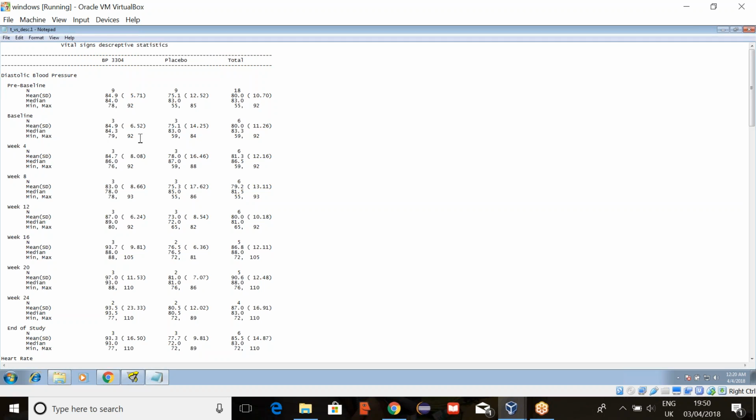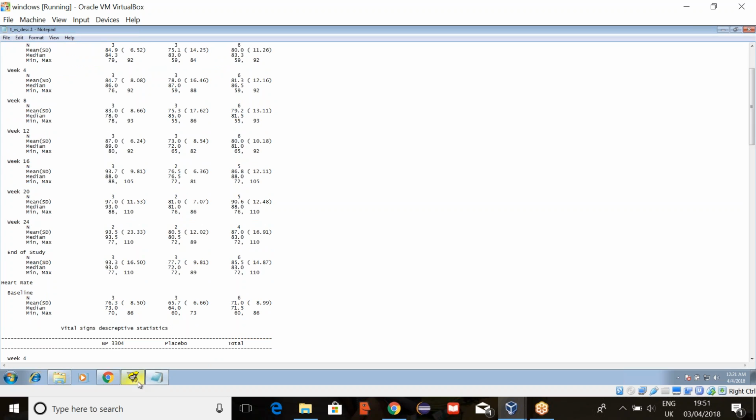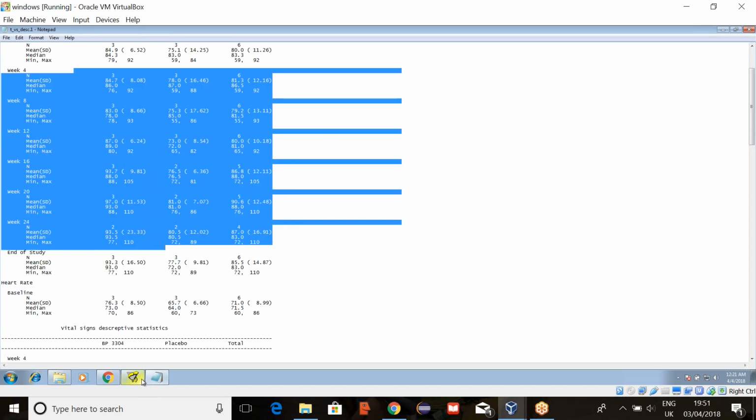Just observe what values we want to keep in the report. In the data set, many variables are there, but here we had diastolic BP. What is the variable name for that? Keep that variable name, pre-baseline, baseline, keep these values' variable names and then calculate the counts, I mean count, mean, all these statistics. If you get that point, then this report is easy. For this report, if you write it once, that is enough.